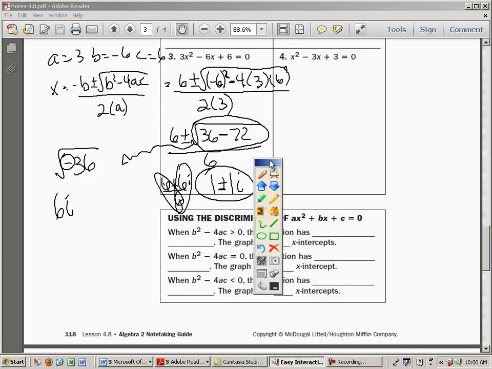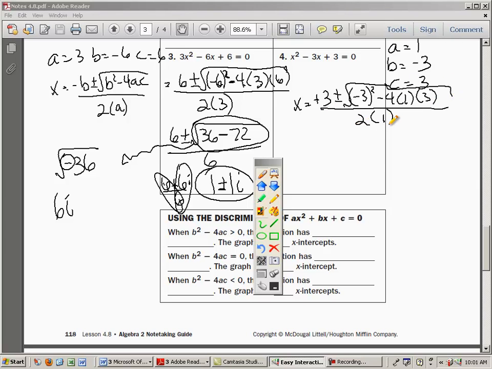Now, number 4, if you got really frustrated with this one, it's because the numbers didn't come out pretty. Again, a is equal to 1, b is equal to negative 3, and c is equal to 3. And so x equals opposite b, well, it's negative 3, so it's positive. Opposite of negative is positive. Opposite b plus or minus the square root of b squared minus 4ac, all over 2a. Sorry, that kind of ran together. So under the radical, we then have negative 3 squared, which is positive 9. So this is 9, and then minus 4 times 1 times 3, which is minus 12,